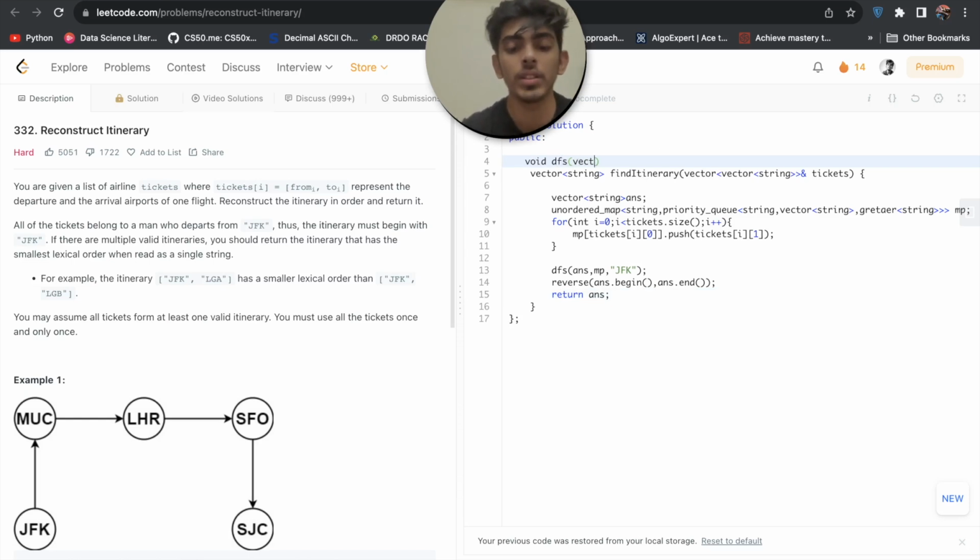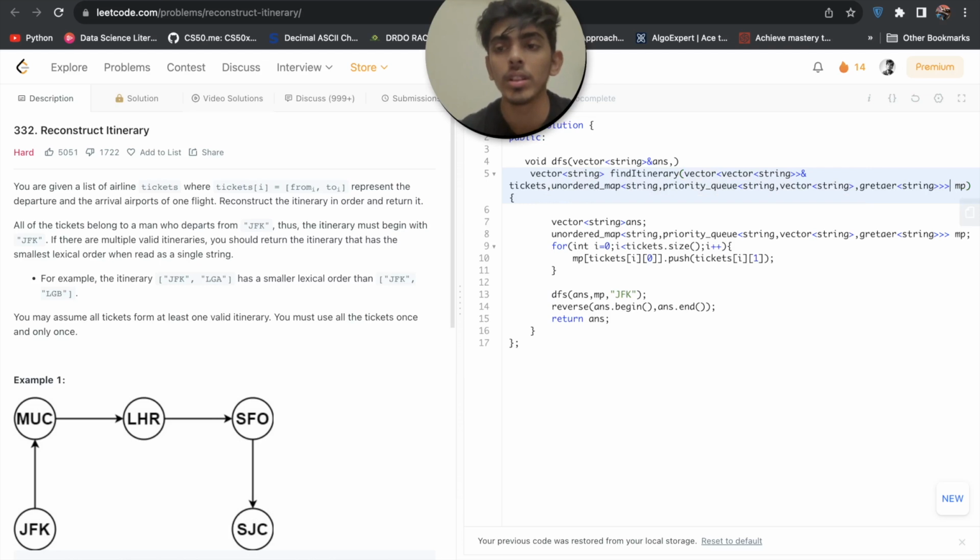So vector of string answer, we have to simply copy this, for map and string source, right?